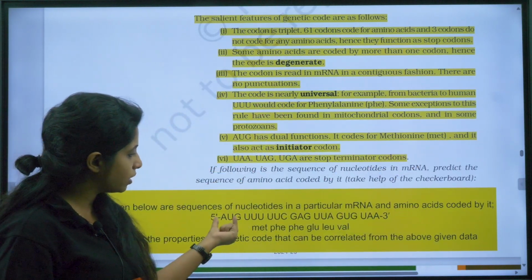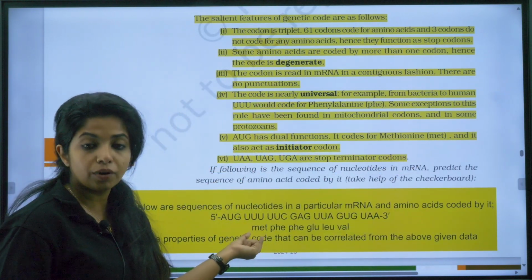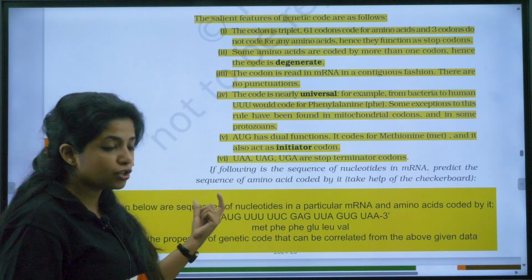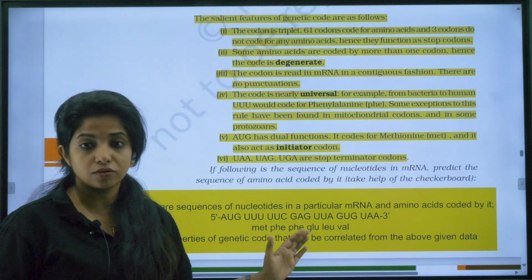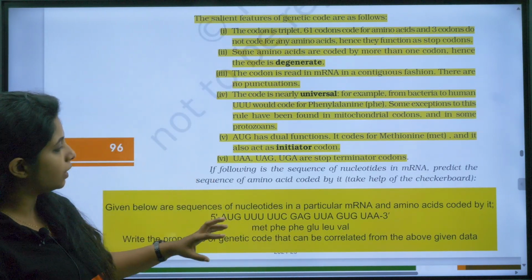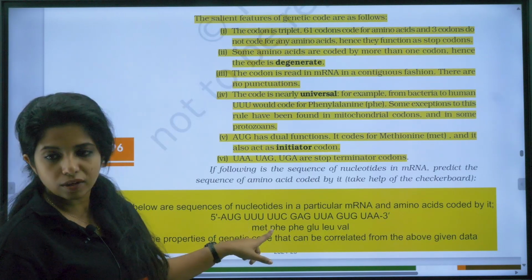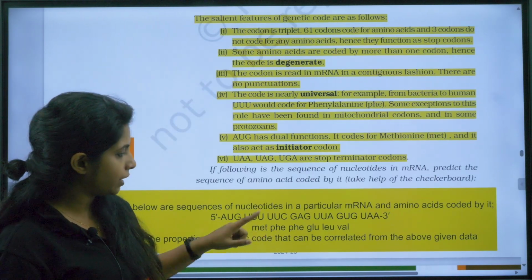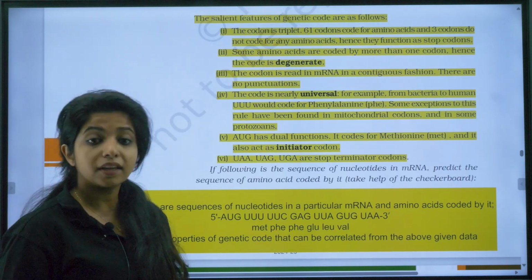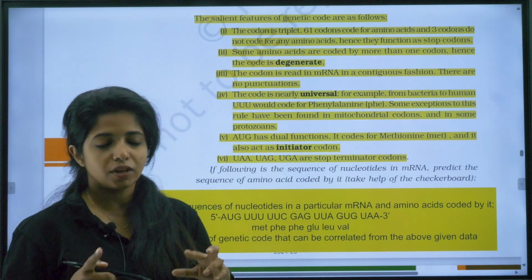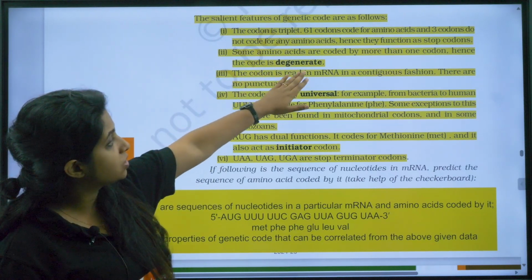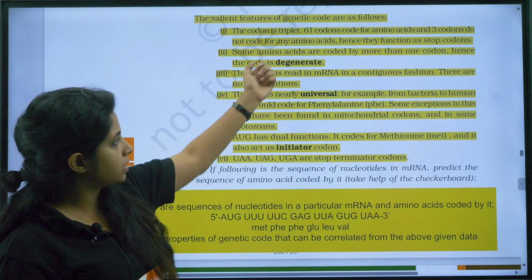So AUG over here, you saw it is basically methionine. It is coding for methionine, and AUG is the start codon. If AUG is not there, it won't allow translation to happen. So these are the things that you have to definitely remember. And also UUU is there, which is coding for phenylalanine. UUC is there, that is also coding for phenylalanine. That means there can be multiple codons coding for the same amino acid. So you should know that also. You will say this feature shows that it is degenerate.